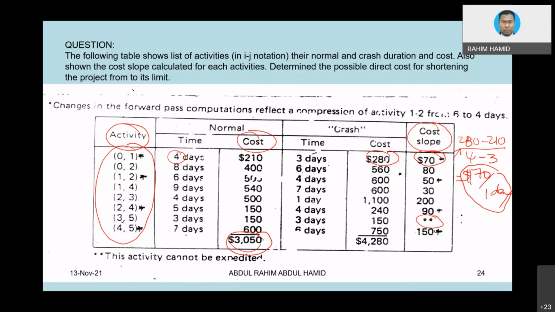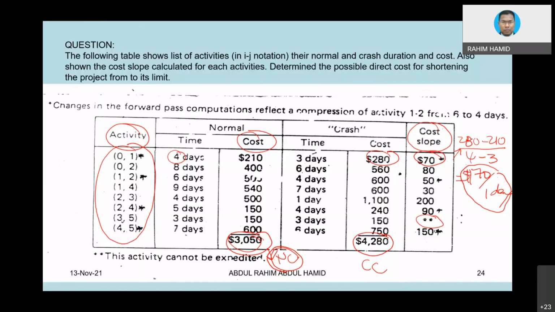How about the crash cost? When you add up this, this is what we call crash cost. This is what we call normal cost. So this basically reflects the extremes. If you want to do the project normally, this is the cost you should incur. Not much, 3,000. But if you want to compress to the maximum, that will be the cost, 4280. But